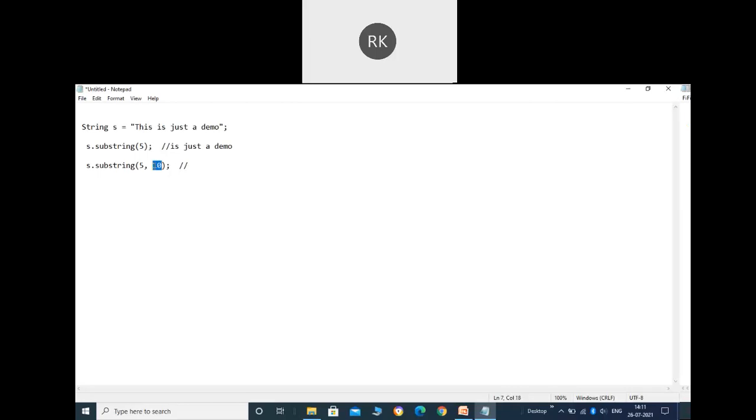As we know, the end index is not inclusive, so it will go up to 10 minus 1, means up to 9. So you can see 5, 6, 7, 8, 9. So this will be your answer in that case. H space J. So this is the substring method.